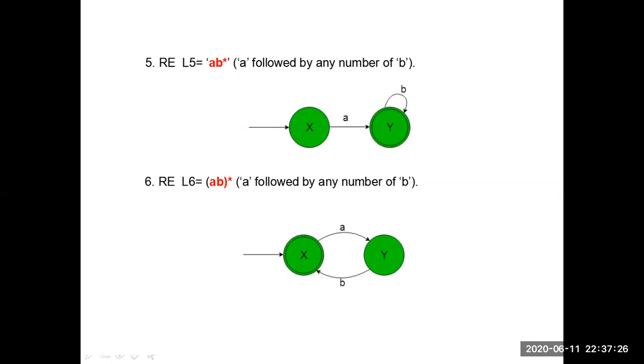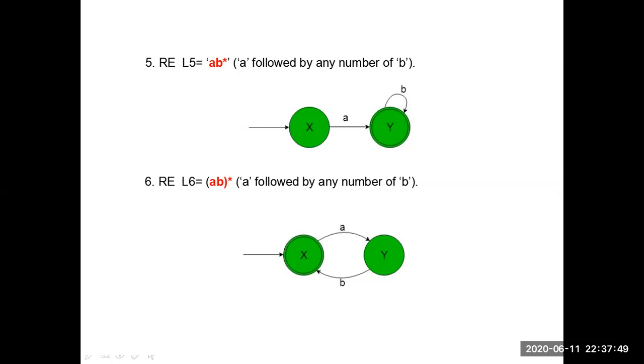Okay, observe that one carefully. When we are taking AB star, star means Kleene closure is there. So epsilon may be there. Whenever we have epsilon, what is the meaning of that one? The initial state will become the final state because there is no string. Since epsilon is present here, the initial state is the final state. So X will become the initial state, X will become the final state.